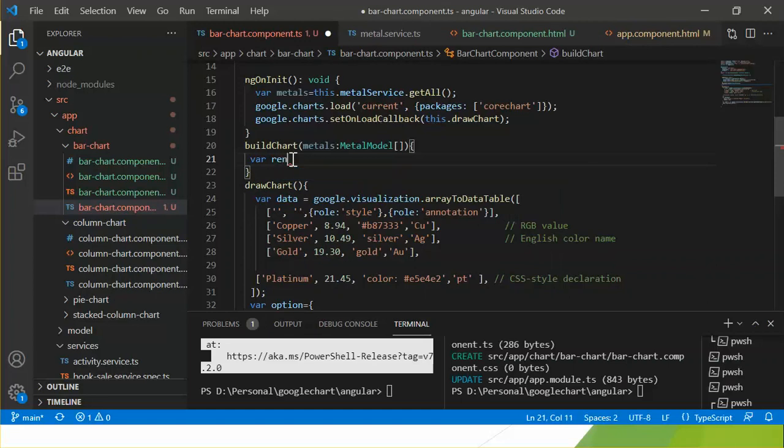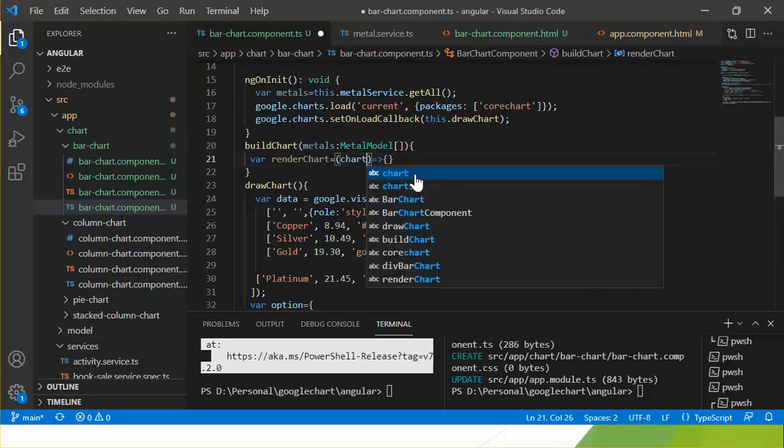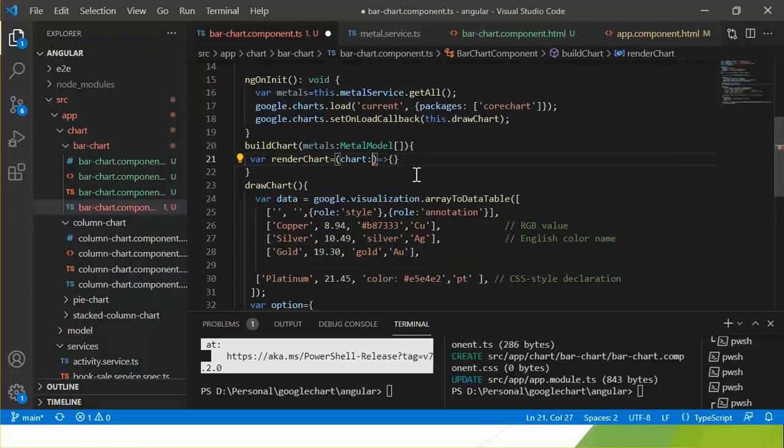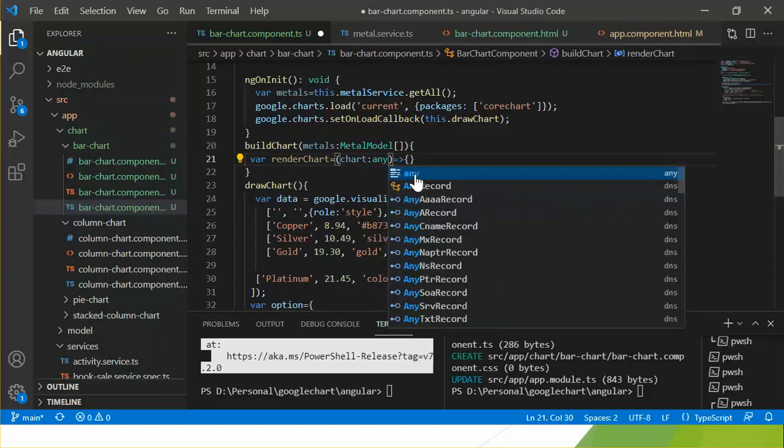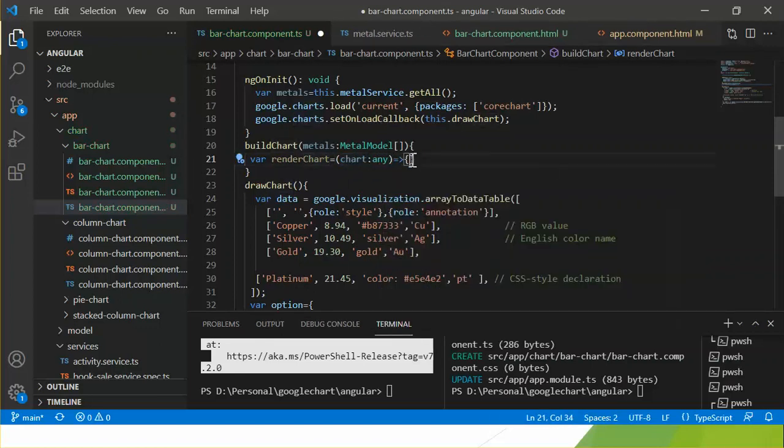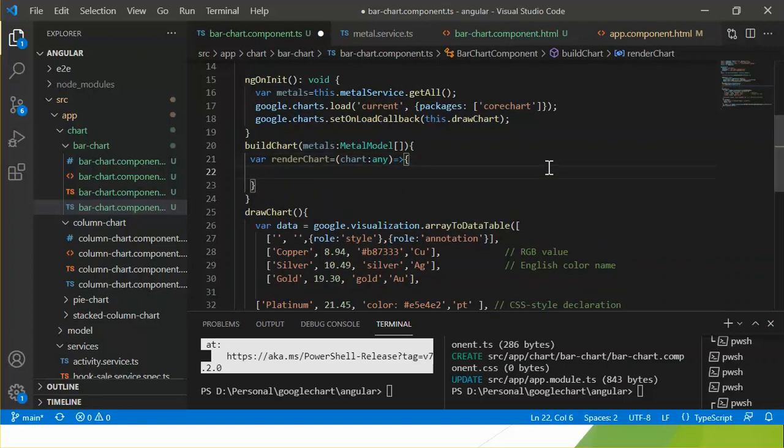I name it render chart, and this method has a parameter named chart. This method basically can take a callback method.